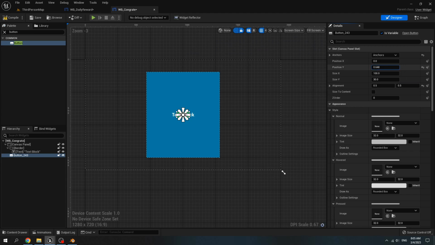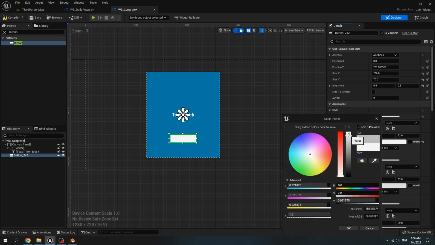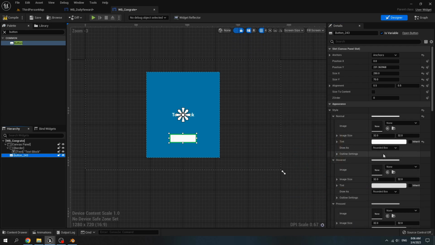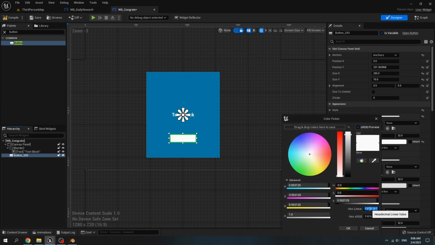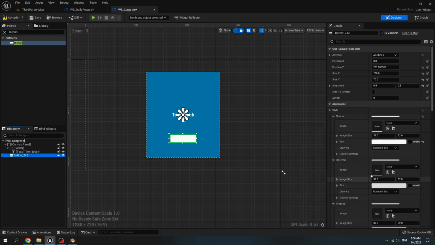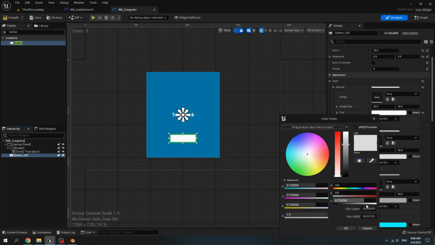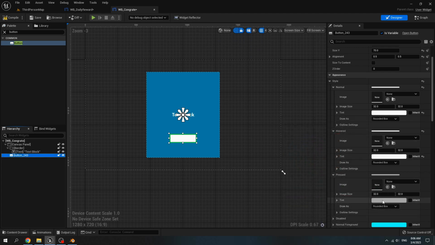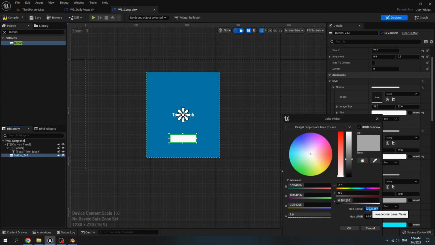The Y position, move it down. And set the size of the button to 250 for X and 20 for Y. Set the tint color to white color. Copy the hex linear value. Paste it inside the hex linear value of the hover, also with the press.